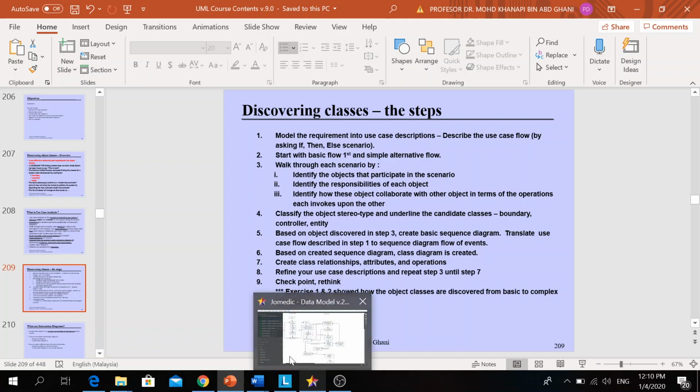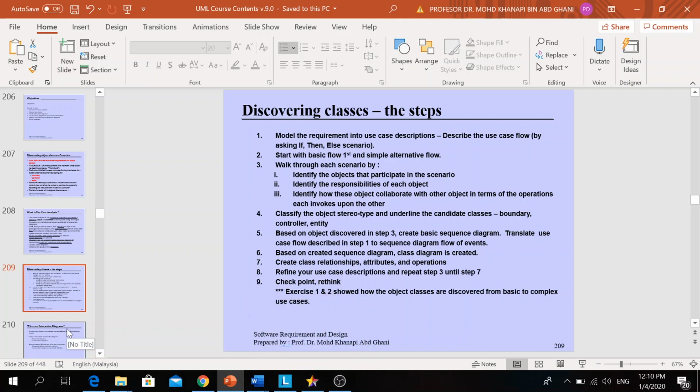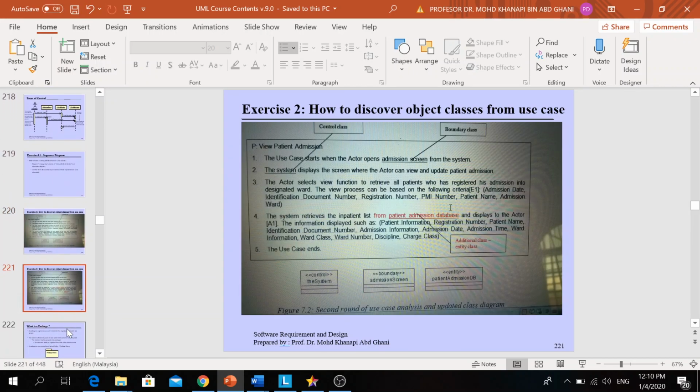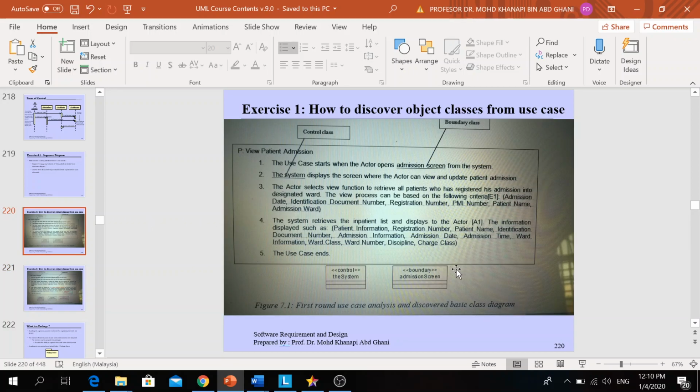I give you an example, the initial class diagram, like this one. You go to your tool, for example, Star UML or Microsoft Visio, and write your class diagram like this one. For the system, and also the admission script. So at this stage, you discover two objects, which become classes.